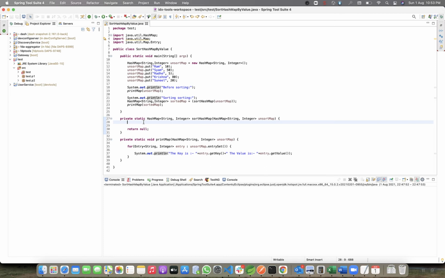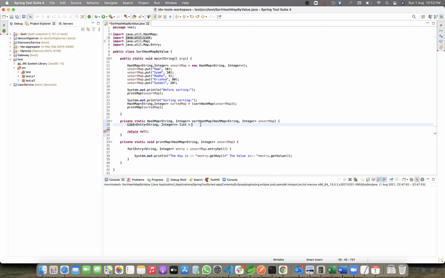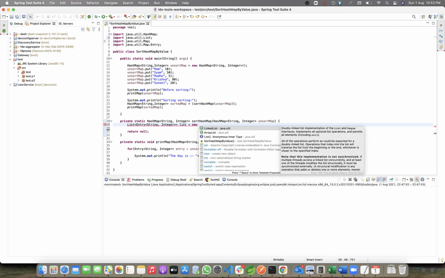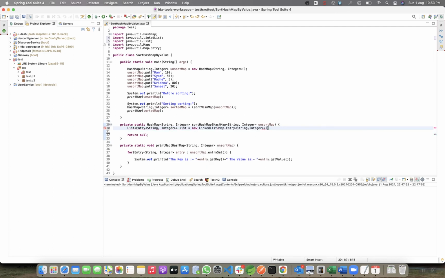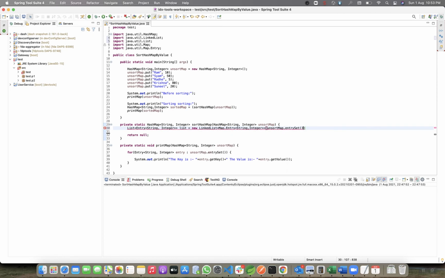For that I will create a list of entry type, which I will call list, and create a new linked list from the entry set.